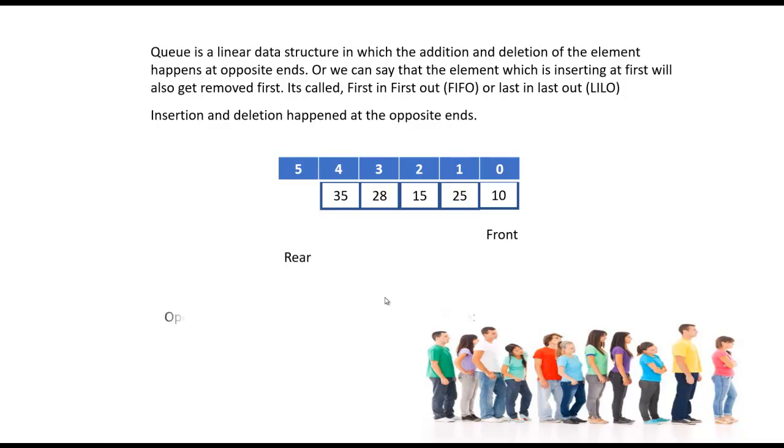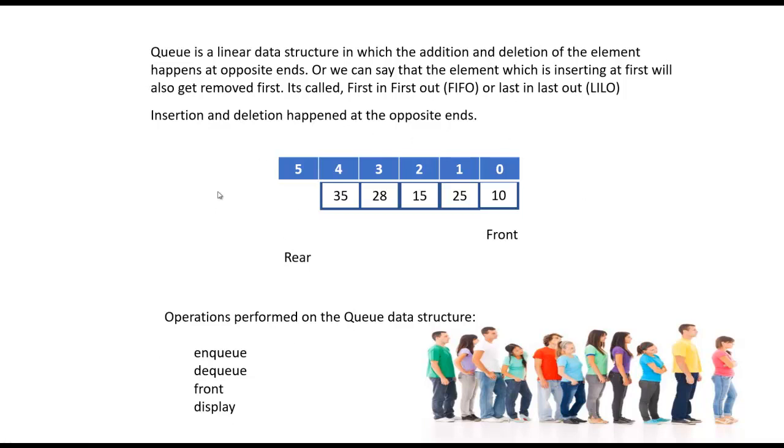So what are the operations mostly performed on this queue data structure? There are mostly 4 operations performed in this queue data structure. One is enqueue, the second one is dequeue, the third is front, and the fourth is display. Enqueue is the operation of inserting an element into the queue. Similarly, dequeue is the operation to delete one element from the queue. Front is the method which will return the first element in the queue, and display will display all the elements